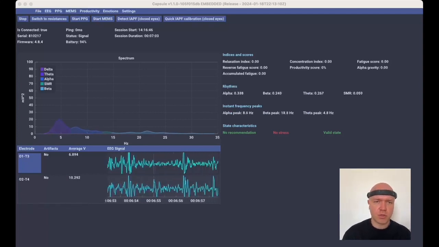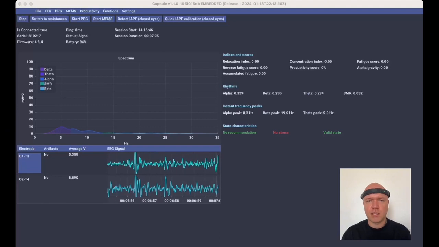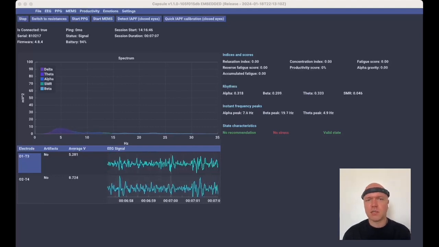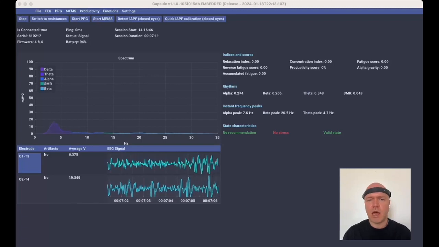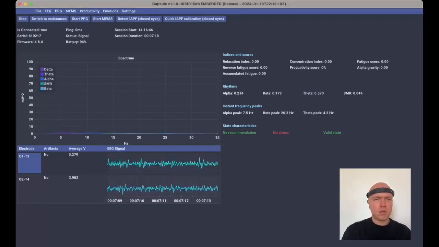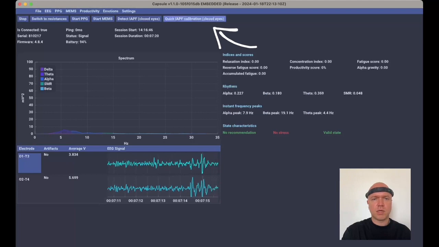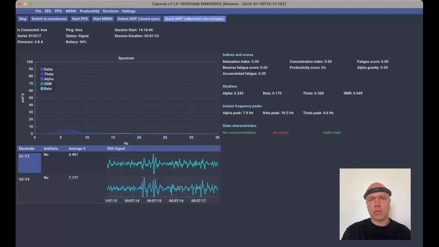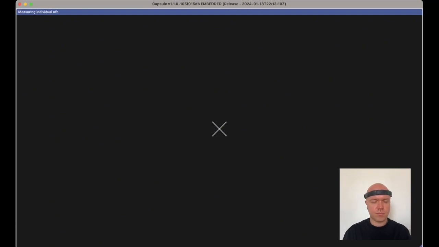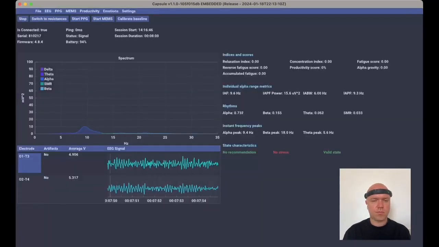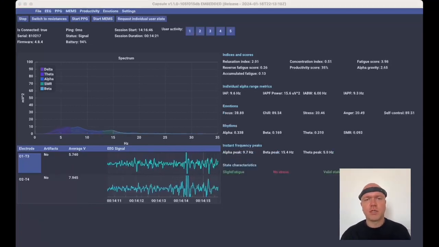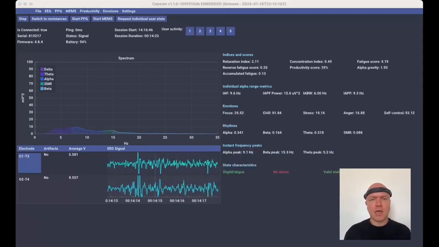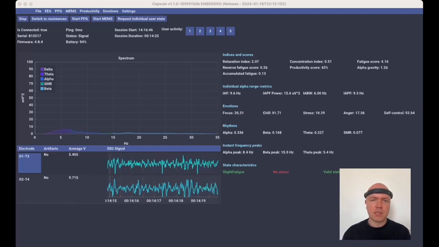So the next thing that you have to do to make these indexes work is to go through the calibration process. So you need to close your eyes and sit for 30 seconds, trying not to think about anything. It will help the system to measure your average brain activity levels. So you push this button, quick IPF calibration, and just close your eyes for 30 seconds. Perfect. After the first calibration, you press the calibrate baseline button, and while the baseline is calibrating, let's talk a bit